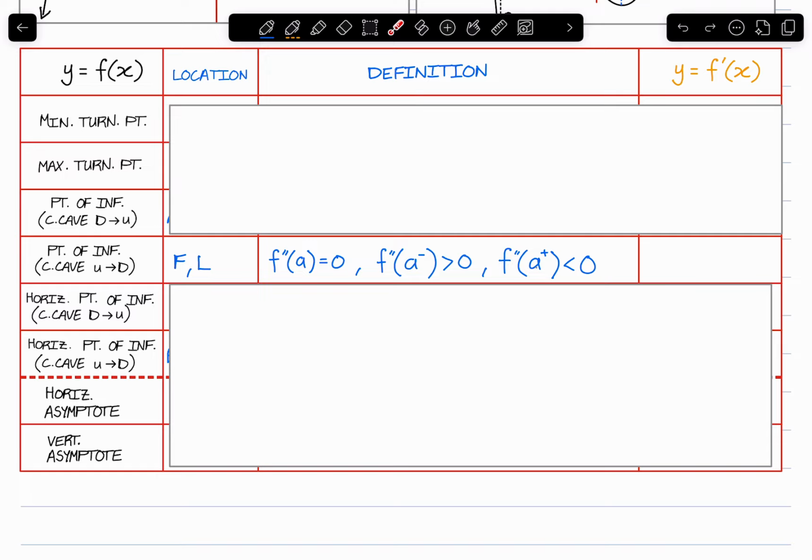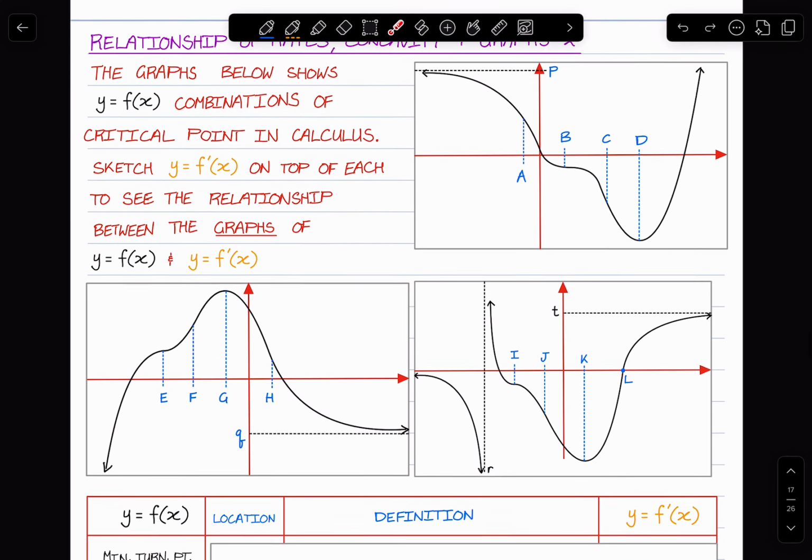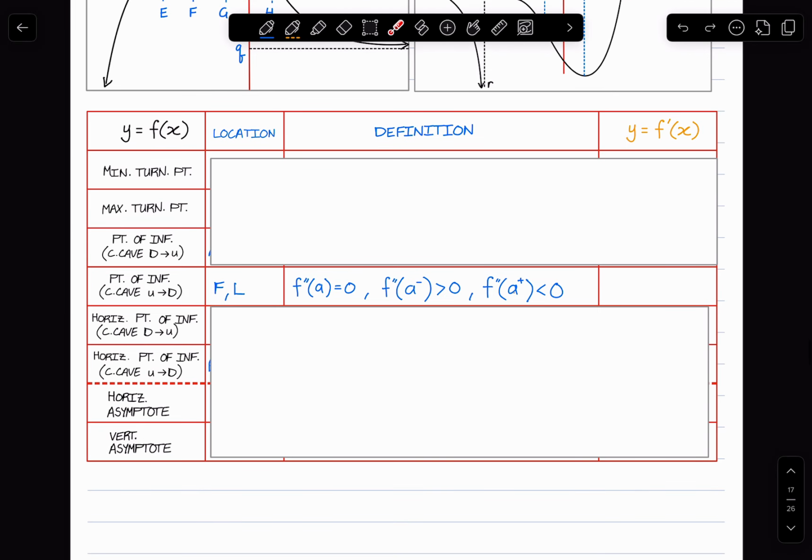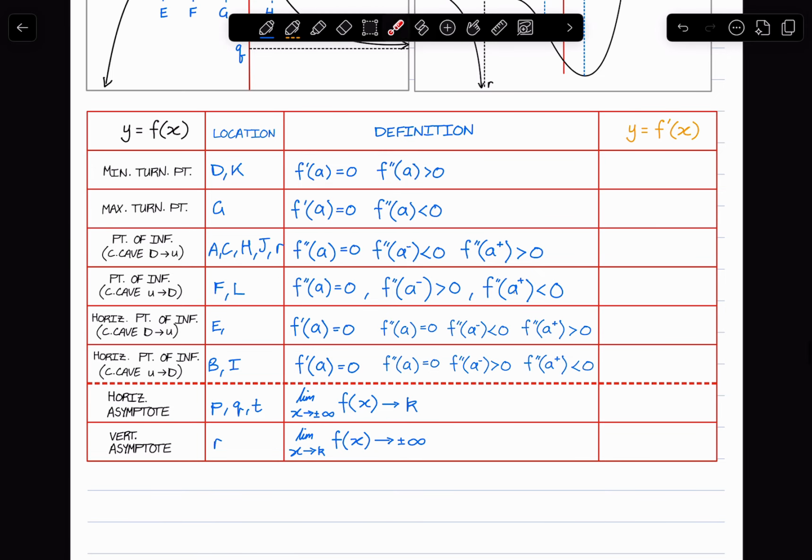You can pause and give this a go yourself. I'm going to reveal all the answers, because that's not the critical thing that we're doing here. But we're going to use that as a really